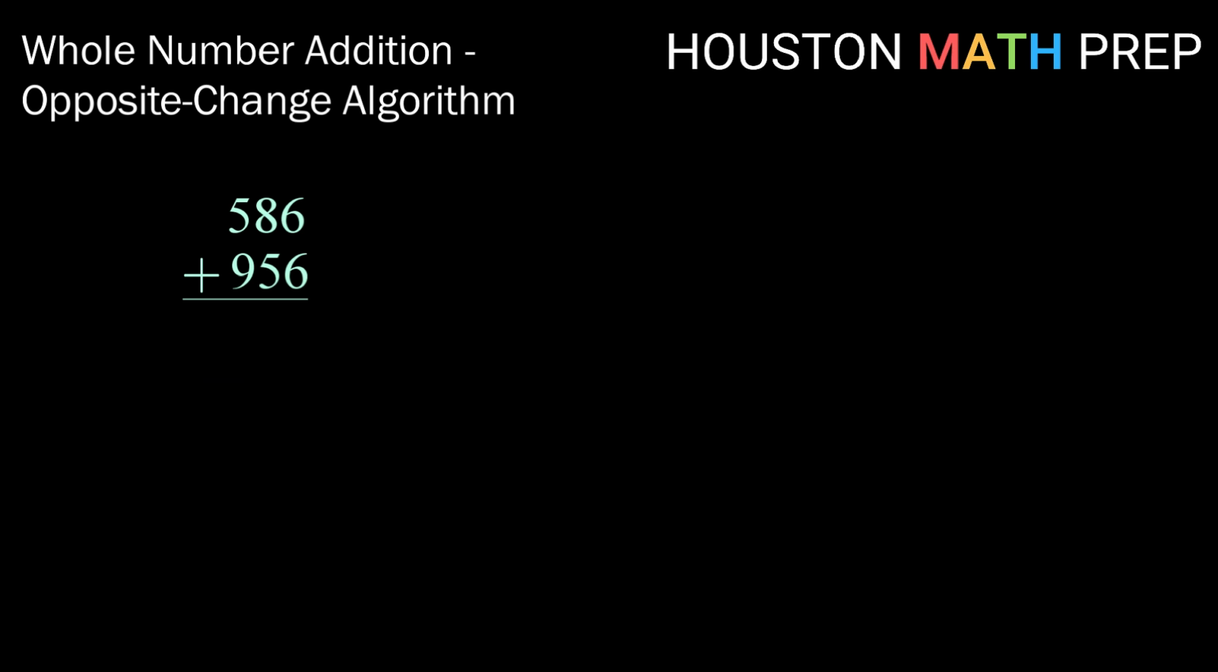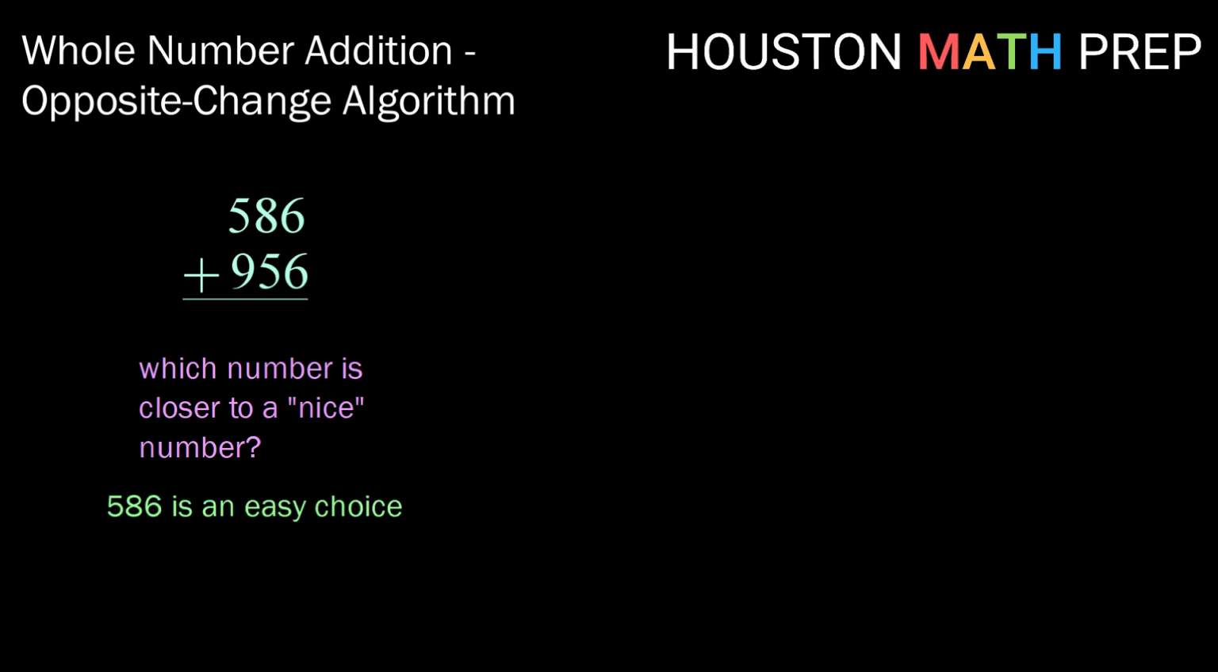All right, let's try it one more time, just to make sure we've got the process down. Here we've got 586 plus 956. Once again, here we're working with two numbers that are both in the hundreds. So we might want to get one of these values to be a multiple of 100. Now, which number is closer? Again, really here there's no right answer, but 586 is a little bit closer, so we'll think about moving that